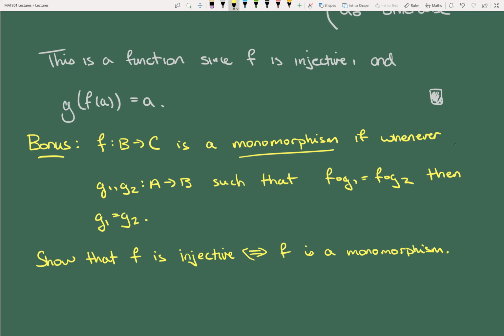Monomorphisms actually are important in group theory, and in general, monomorphisms aren't necessarily the same thing as injective functions, but for our purposes, they are. And for those of you who are interested throughout the course, you can ask me how monomorphisms are involved in group theory and how they are related, and I'll be happy to bring that up for you. Okay, so try this as a problem. Otherwise, that's the end of lecture.